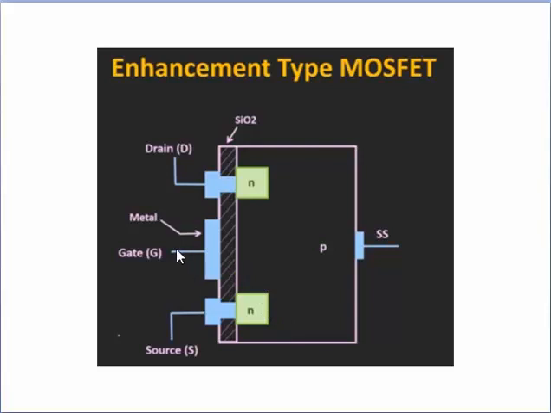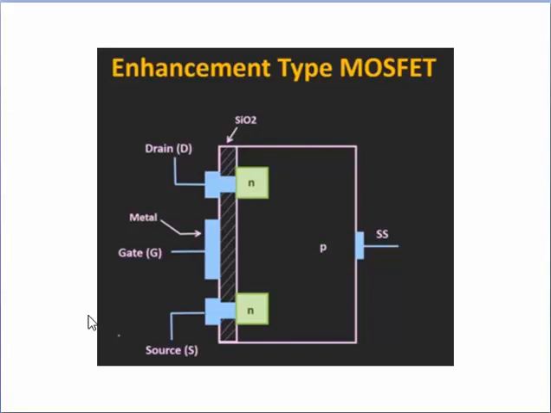isolates the gate terminal and the P-type substrate, but here, unlike the depletion type MOSFET, there is no channel present between this drain and source terminal. It differs in construction from the depletion type MOSFET in that it has no physical channel. So whenever we apply the control voltage between this gate and source terminal, the channel is formed between this drain